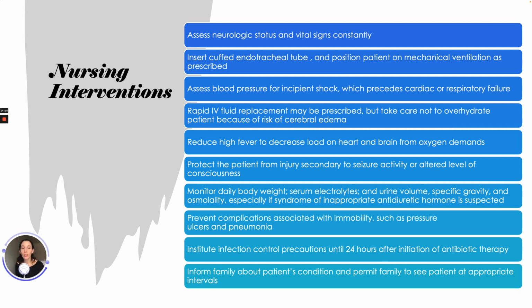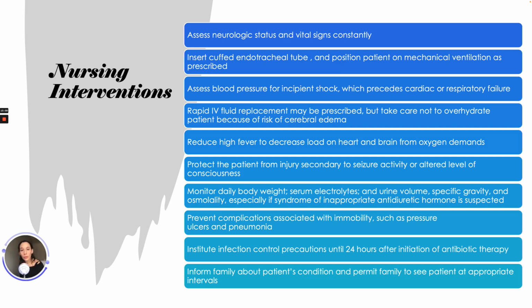Assess blood pressure, usually monitored through an arterial line, for shock. We want to use rapid IV fluid replacement as prescribed, but take care not to overhydrate the patient because we can risk cerebral edema. We want to reduce high fevers to decrease the load on the heart and the brain from oxygen demands. We want to protect the patient from injury, specifically related to seizure activity or altered level of consciousness. We want to monitor daily weights, serum electrolytes, urine volume, specific gravity, and osmolality, especially if syndrome of inappropriate antidiuretic hormone